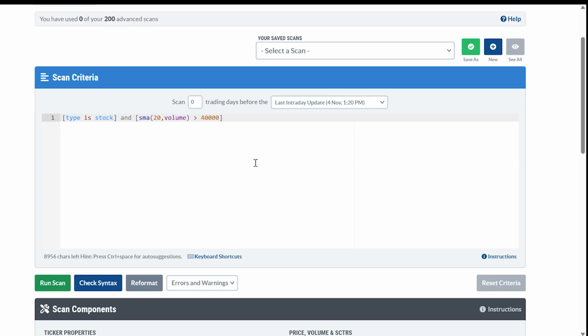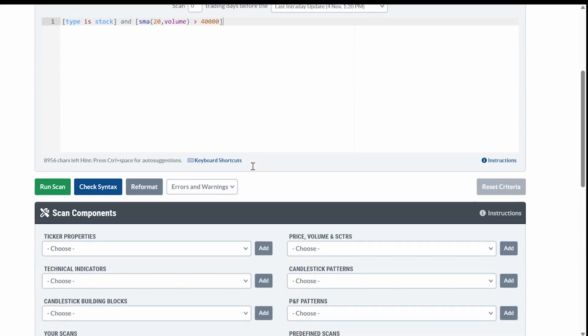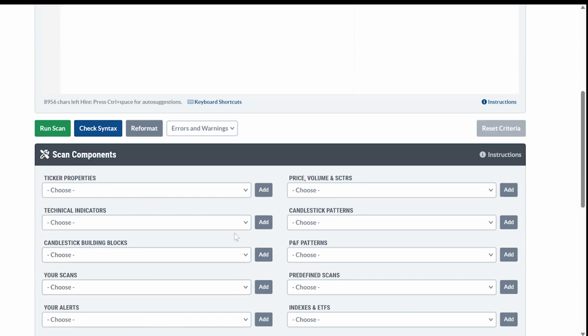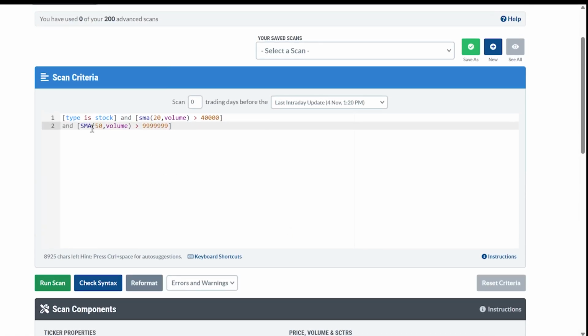So you're going to have to do a whole new learning curve if you've learned PineScript and then want to switch to here. The one sort of upside of this that I'll say is that you can sort of use this menu down here as a cheat sheet. So for example, if you want to add a simple moving average parameter, we can choose that down here, add it, and it will pop up